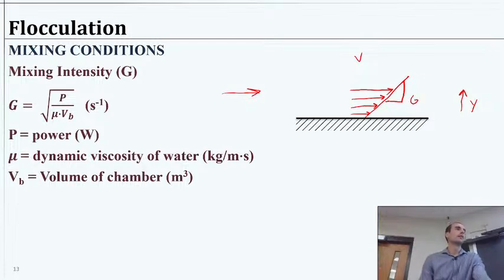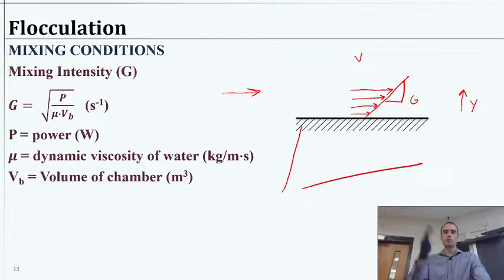That's our mixing intensity. You can imagine if the line was very sharp, that's a lot different than if the line was very steep, or steep versus leaning like that. So in the one case, your velocity is not changing much, small change in velocity per change in y, or a big change in velocity versus change in y. So this would be high mixing. It's a huge velocity gradient. Low mixing, or low G